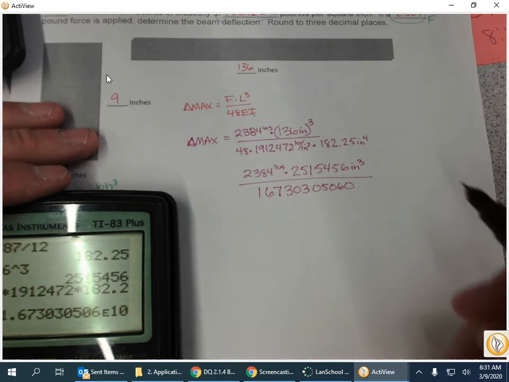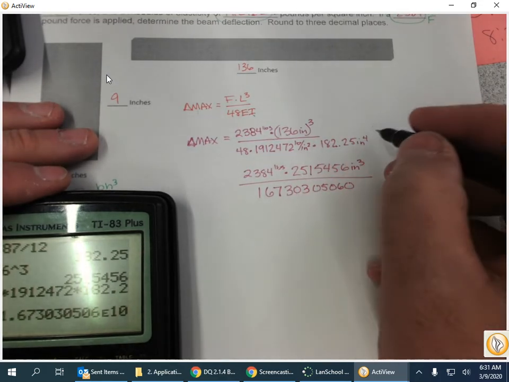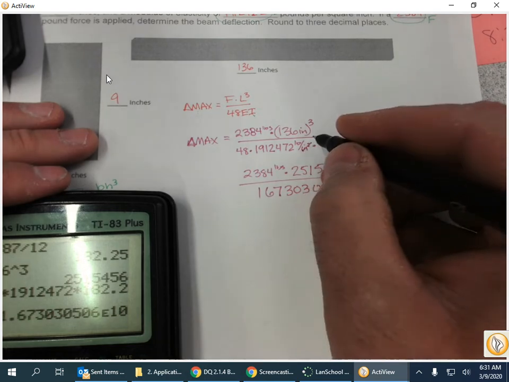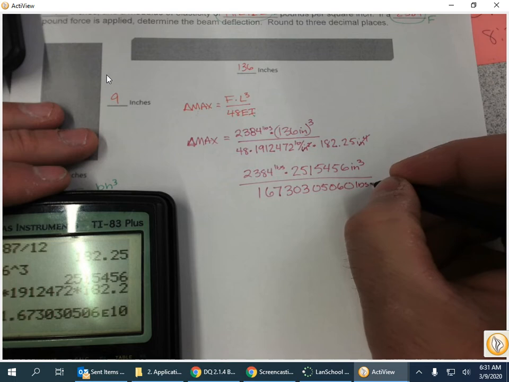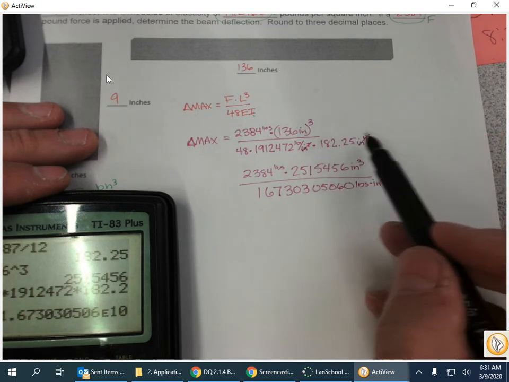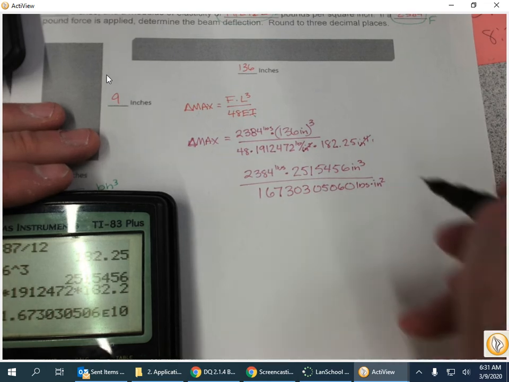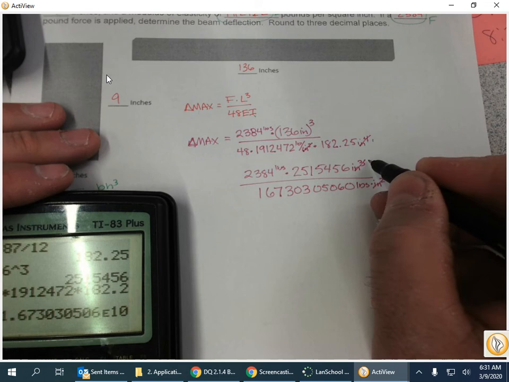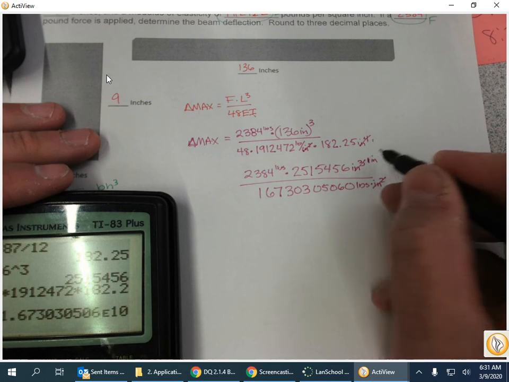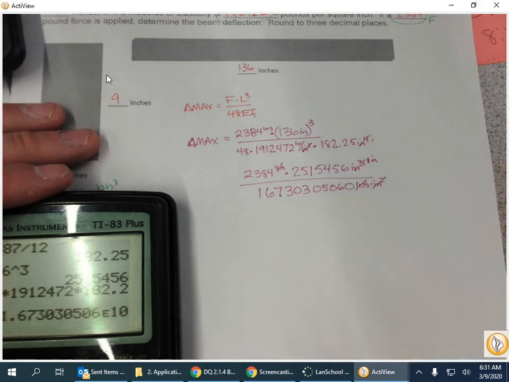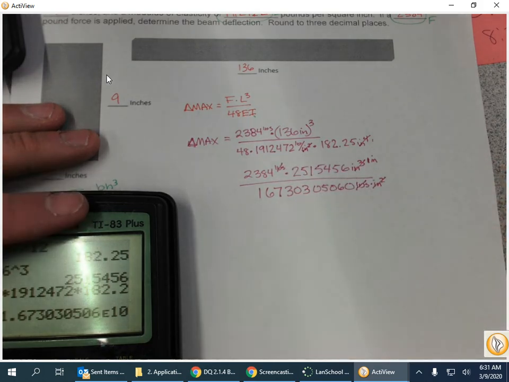Scientific notation. And what happened with my units down here? So those and those. So it became pounds times inches squared here, because 4 and 2, remainder 2. And obviously that's going to cancel with that, and it's going to just leave us with 1 inch. And the pounds are going to cancel as well. So let's go ahead and do 2384